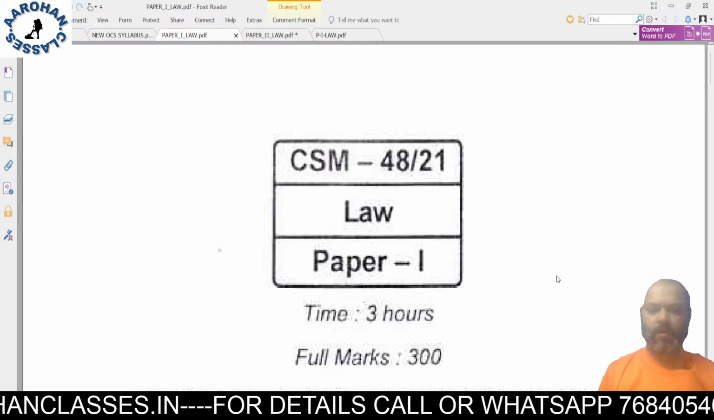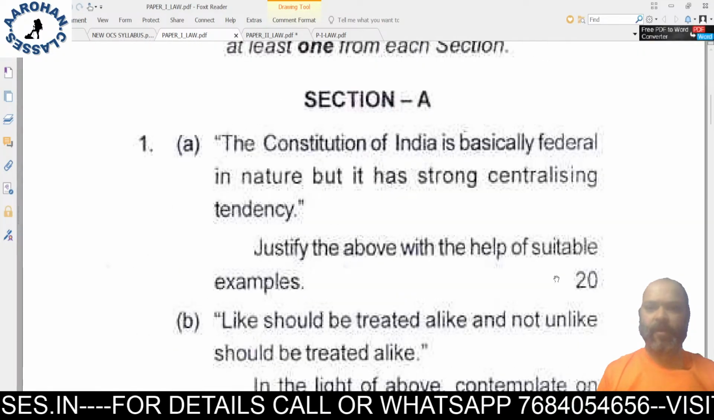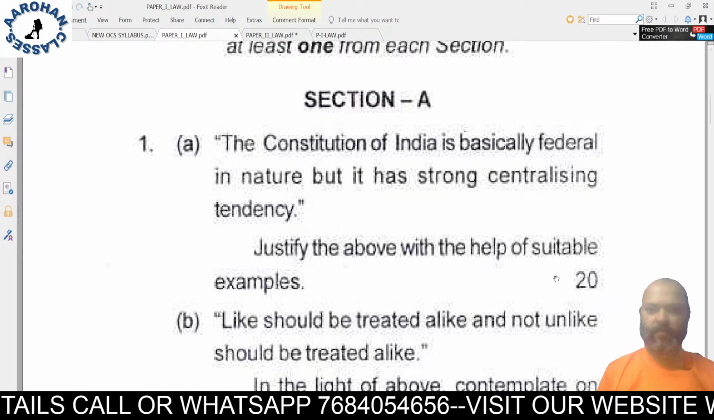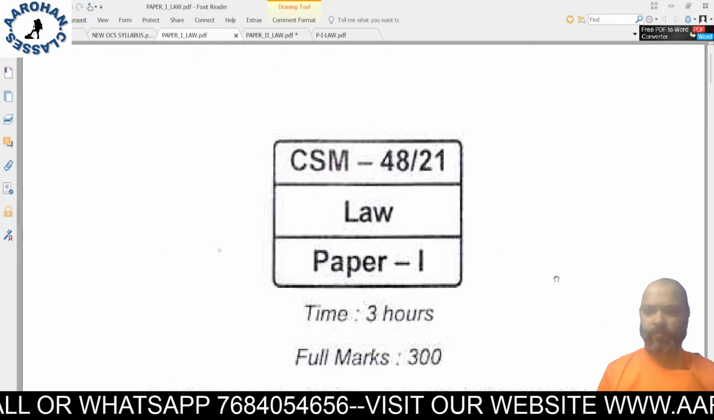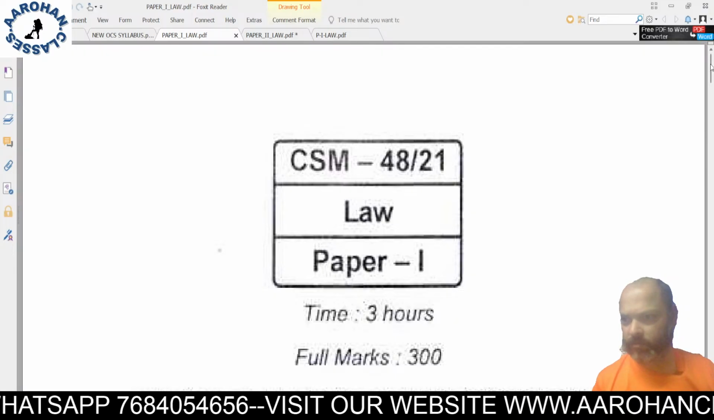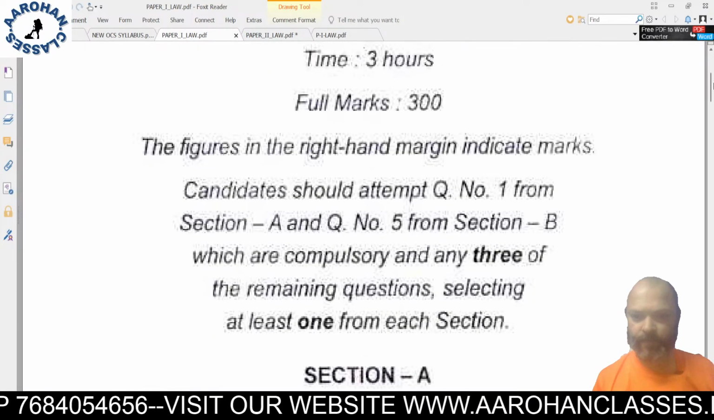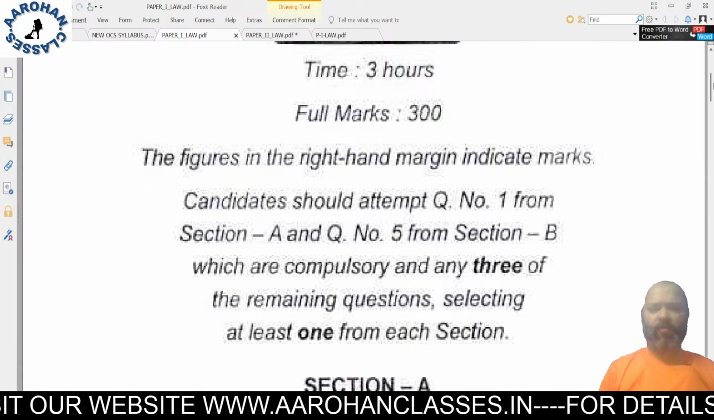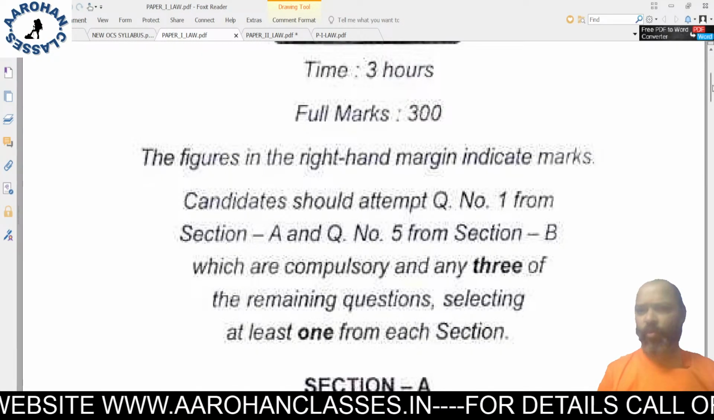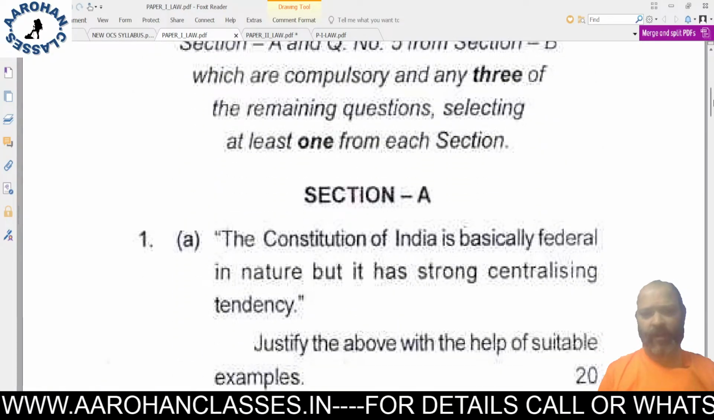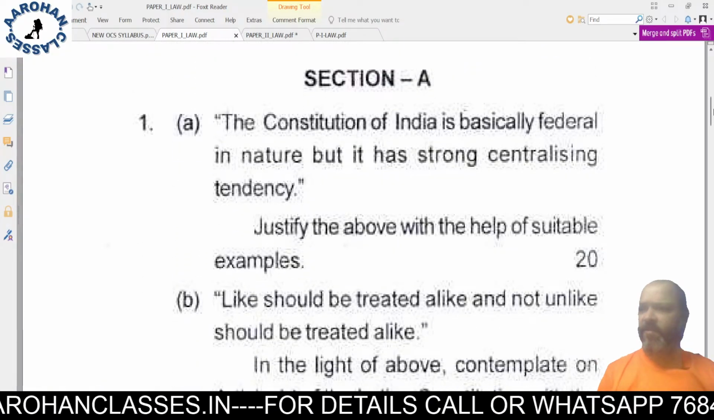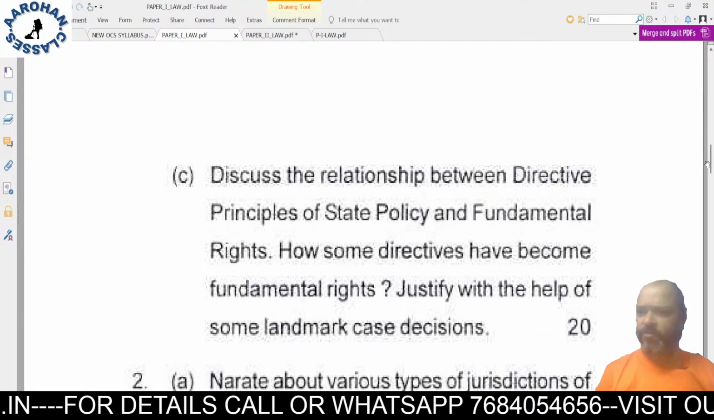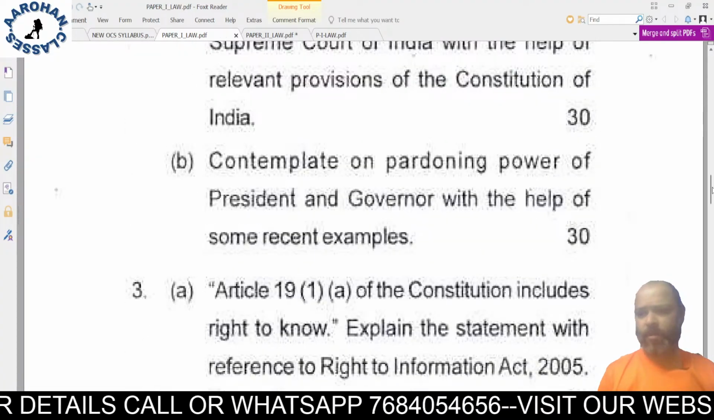See the figures on the right hand, they tell you about the marks. So you should attempt this many questions. Word limit was not given, right? So if you can write fast, you can write 2 pages, 3 pages, 4 pages. There was no focus